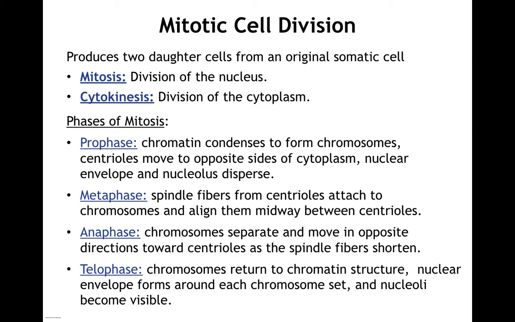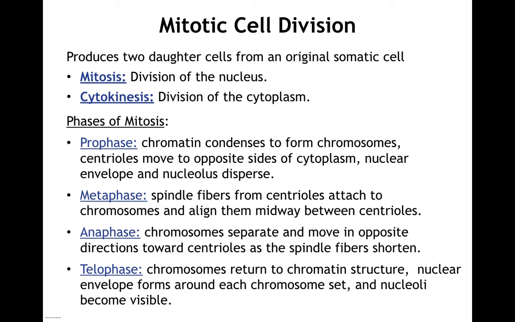Mitosis, or the mitotic part of cell division, is the actual production of 2 daughter cells from an original single cell. That includes mitosis, where the nucleus is divided, and that will overlap to some extent at the end with cytokinesis, where the cytoplasm is divided. Mitosis is divided into prophase, in which the chromatin, which is not going to be used during this process, is condensed and packaged up into the form of chromosomes that are more easily moved. The nuclear envelope is going to disappear, and the materials are going to get organized so that they can be equally split between the 2 daughter cells.